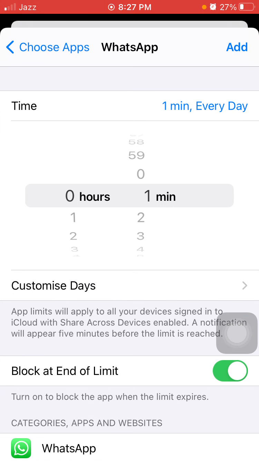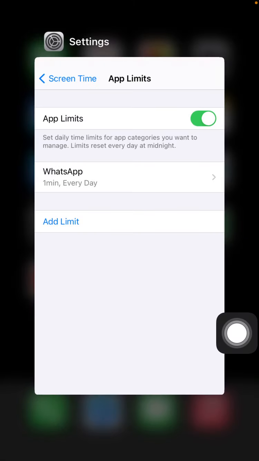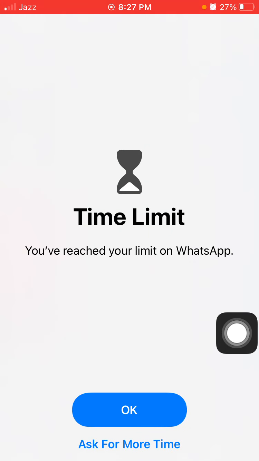This is just for checking. Tap on add. That's it. Force close settings. Now try to open WhatsApp and it is locked. It says time limit. If you want to open the WhatsApp for a limited time, then tap ask for more time,